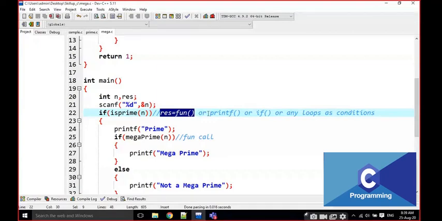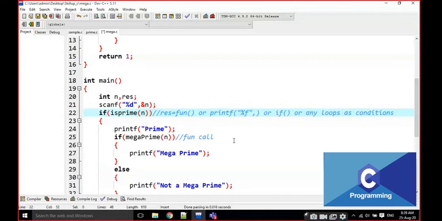If I am using some printf statement, every time I write percentage d or percentage c or percentage f, based on that access specifier, the function is printing something, right? That means it has a return type, no doubt about that.